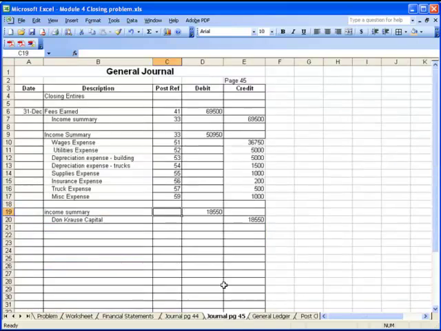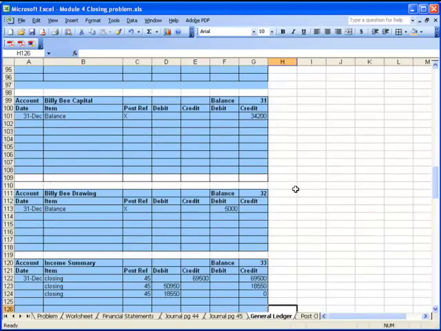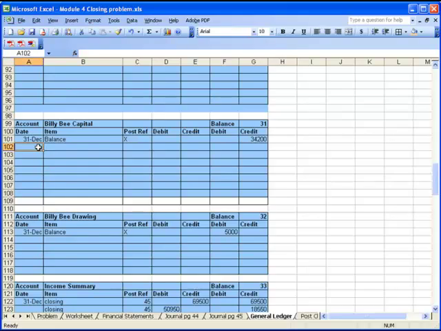So let's go put our posting reference of 33 in here. We're going to post this to our capital account, a credit of $18,550. So in our general ledger, we'll find our capital account on December 31st. Closing entry from page 45. We're going to credit $18,550. That makes the balance in our account